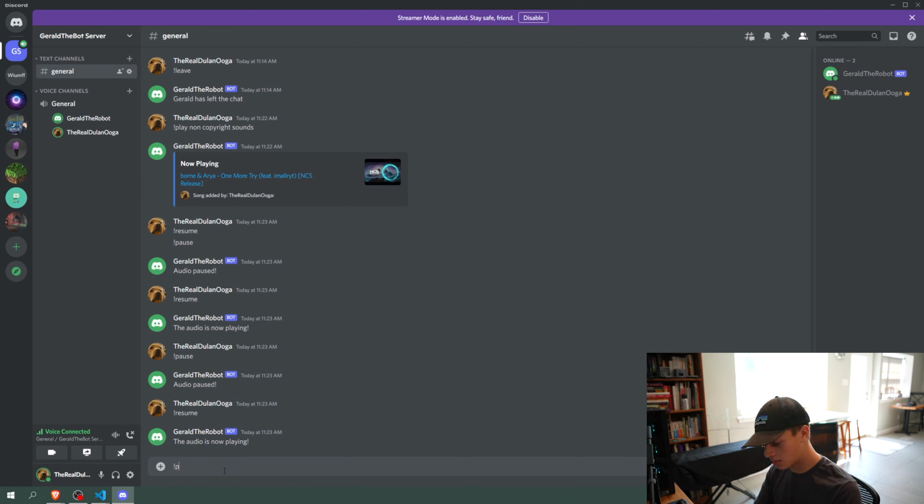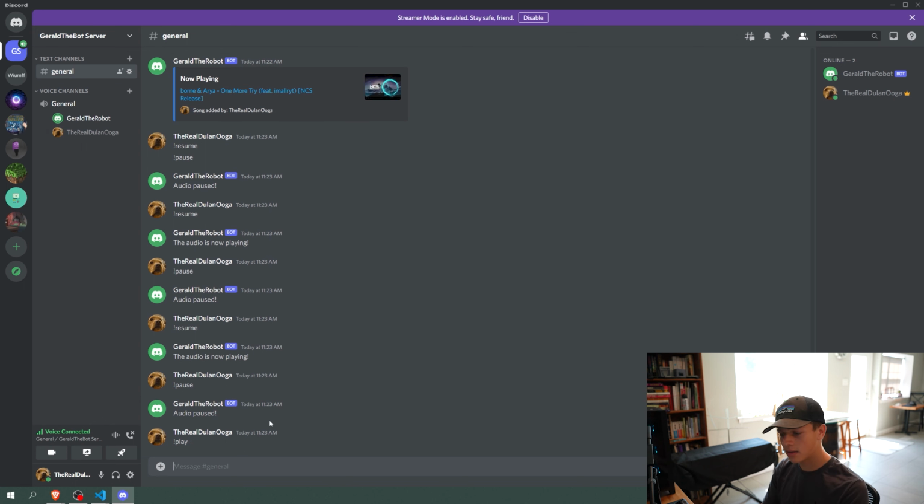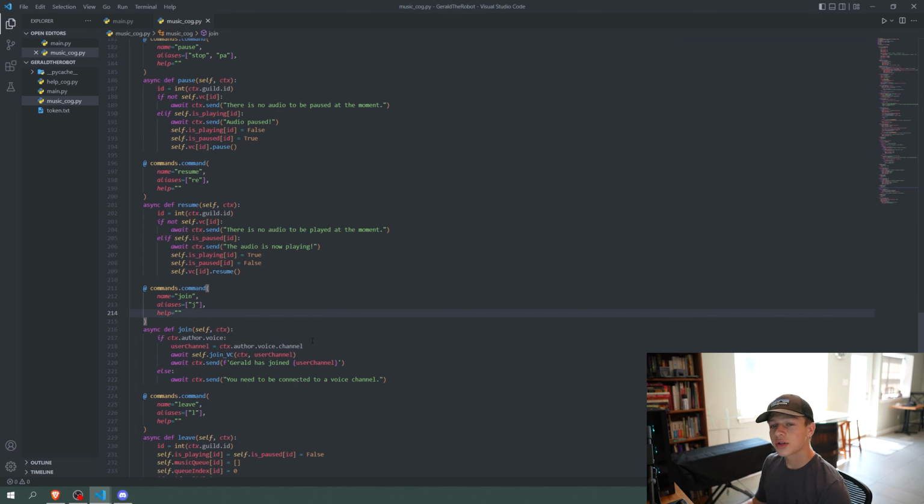One cool thing is we actually coded the play command to unpause the audio whenever you say play. So if I put in no arguments and I just say play, then it should also unpause it. So there are two things that resume audio. That's pretty cool. So now that we have our play, pause, and resume commands, we might also want to